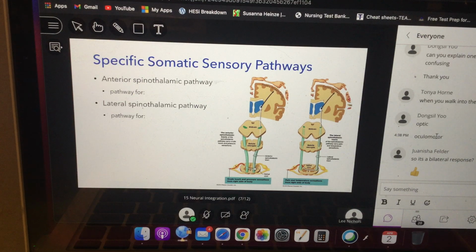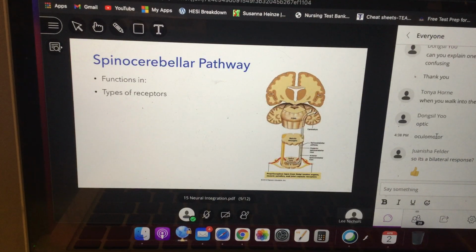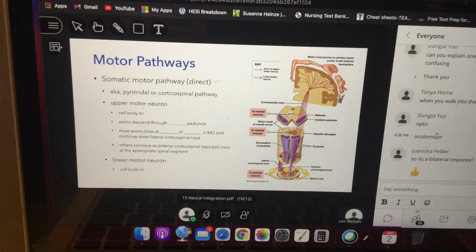That's what these big boxes are referring to. We've talked about these already a little bit, but it's what parts of them are in the CNS and the PNS. So here's a typical